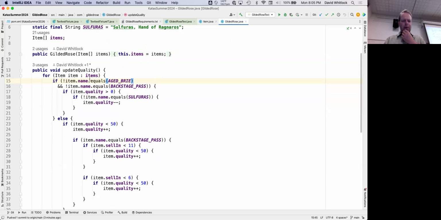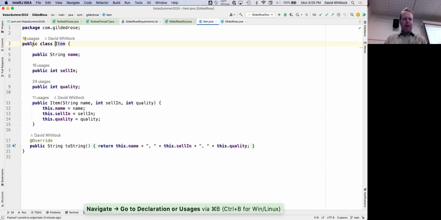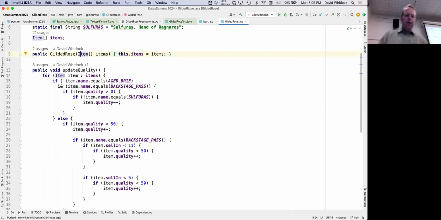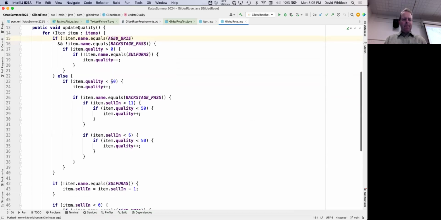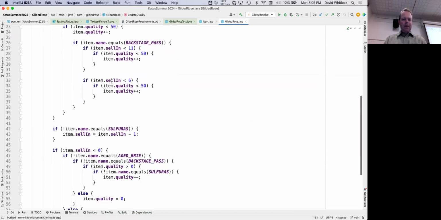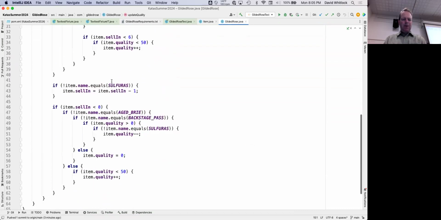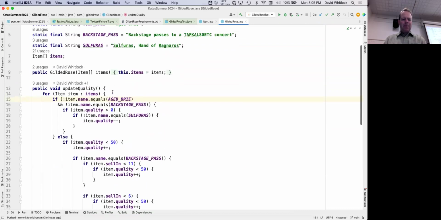So okay, have all these items. Oh, item isn't final, is it? Oh, good, it's not. So we can subclass it. That's good to know. Okay. So then I think actually the first thing I want to do is take all this logic here and, do I want to put it into a method? Maybe it doesn't make so much sense now.